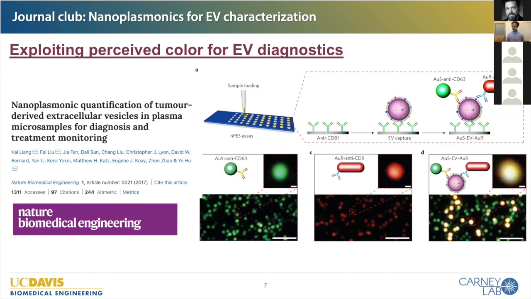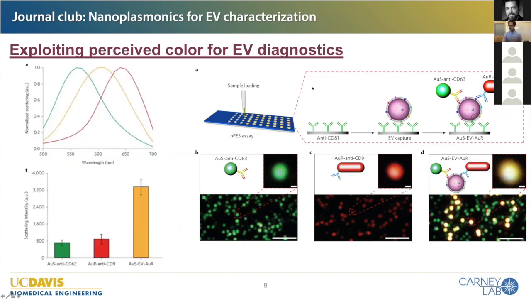They had anti-CD81 here, and then complementary antibodies that were functionalized to gold spheres, these green particles, or gold rods, the red ones. Those had anti-CD63 and CD9, so your classic tetraspanin panel. And these different shapes have different colors, like I was just showing you. And so because of these different properties of the rods versus the spheres, you can actually see that the apparent